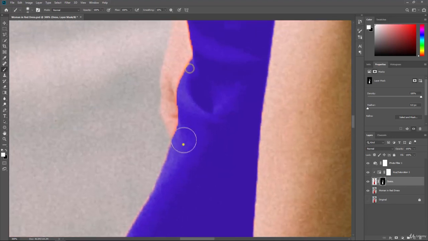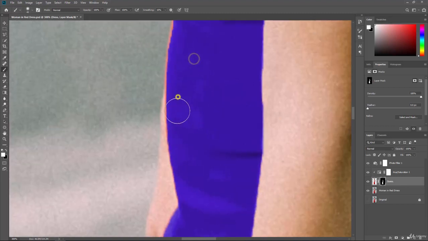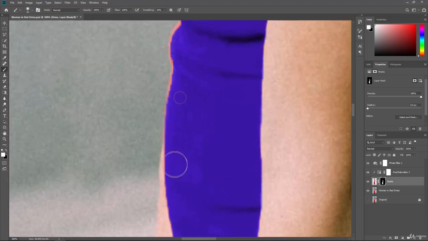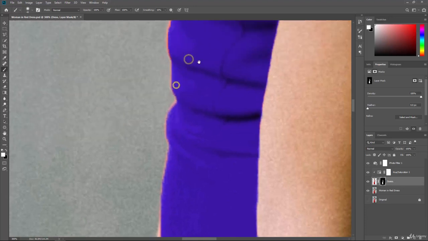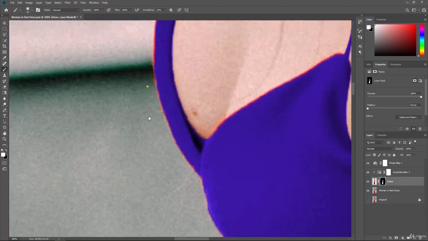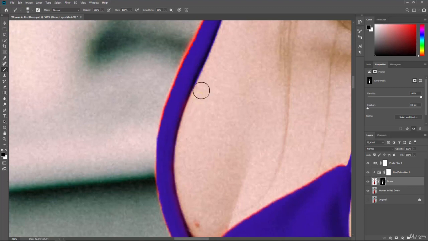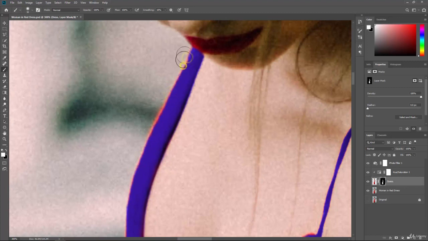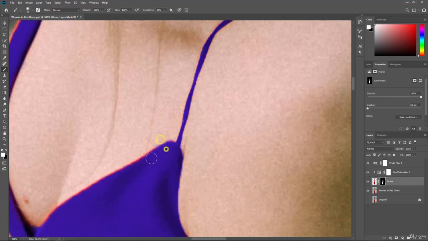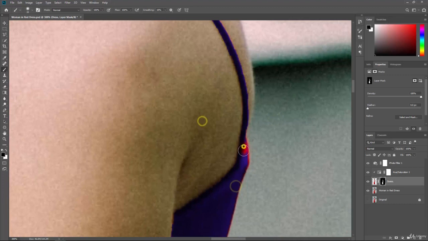So that is something that I would definitely take my time going through, making sure that I had good selections made, and definitely fixing this and editing it. This is the part that's going to take the longest, is really just going in and making these tweaks and trying your best to get the best selection possible. But after you have this non-destructive way of editing, you can come in here and very quickly make any changes that you want. So we can go back and we can do all these edits, and then we decide, hey, I don't like this color. Maybe I wanted to do a magenta color, or a client tells you,